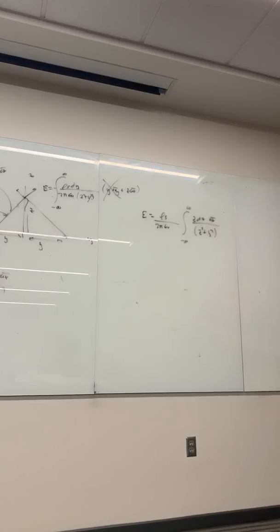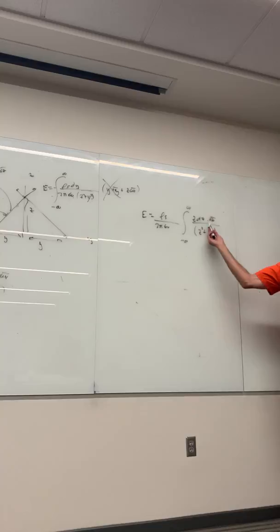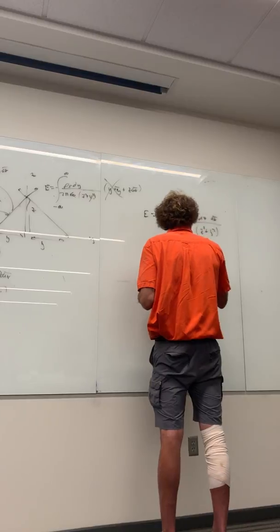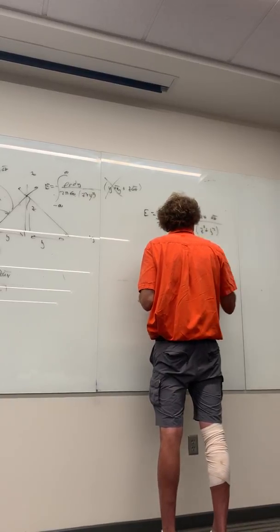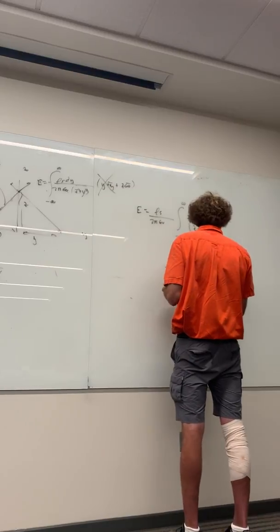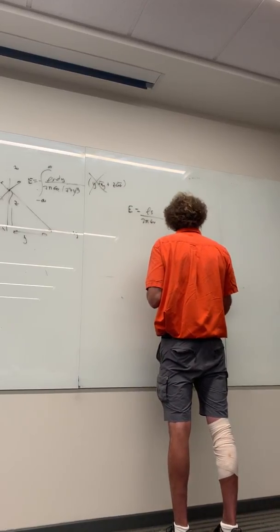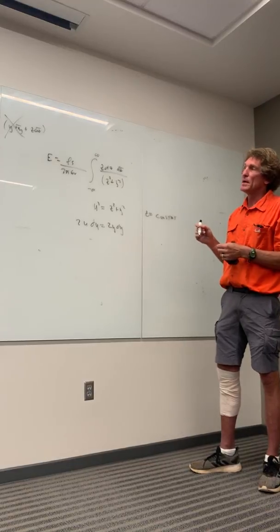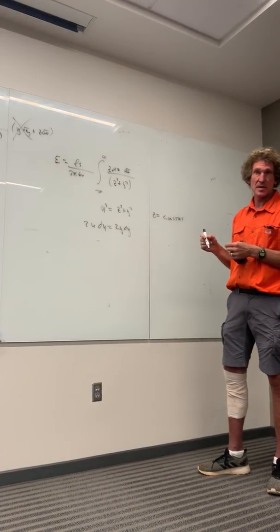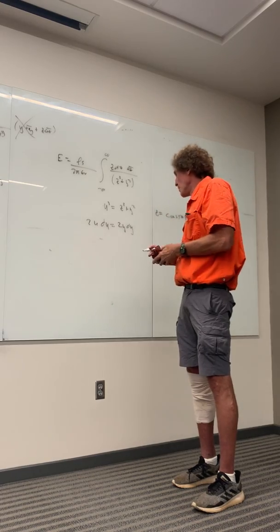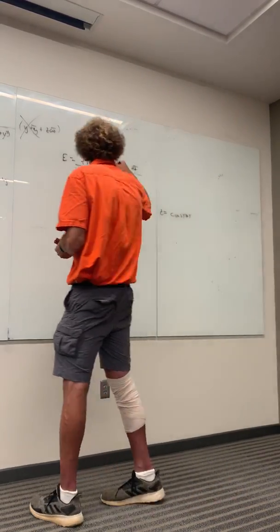Well, how do you do this integral? This is not so bad. You see how I have that z dz? That gives me a lot of confidence this is an easy one to do. If I make u squared equal to z squared plus y squared, right? Then 2u du would be equal to 2y dy. And here z is a constant. Remember, z is just the position above the plane that I'm observing the E field. It does not vary. You follow me on this, class? So if that's the case, that means 2u du equals 2y dy, or u du is y dy, and that means this integration right here, I can render as